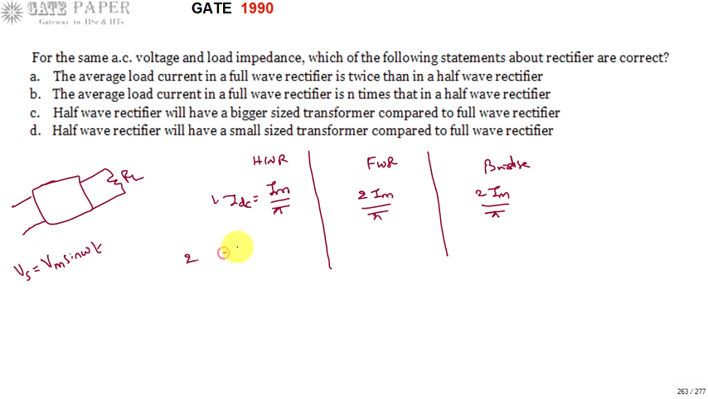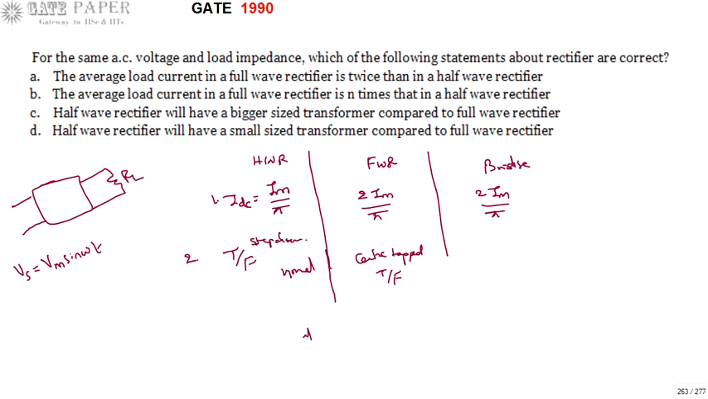And the second important parameter is nothing but the type of transformer, that is the step down transformer we are going to use. What is the type of step down transformer? For half wave rectifier a normal transformer can be used. For full wave rectifier it should be a center tap transformer only, which is going to be bulkier,